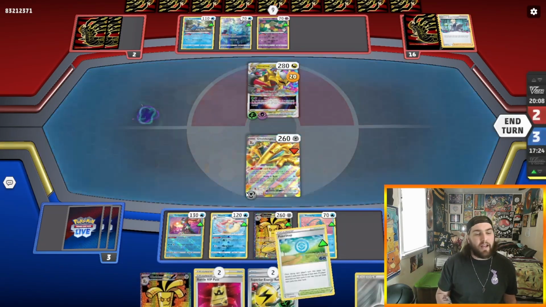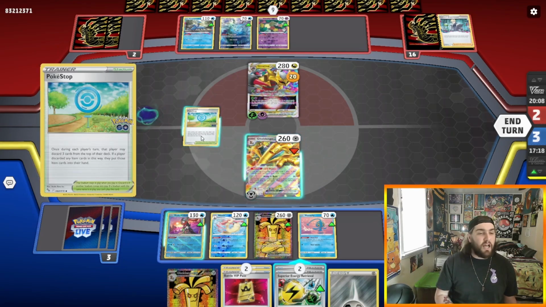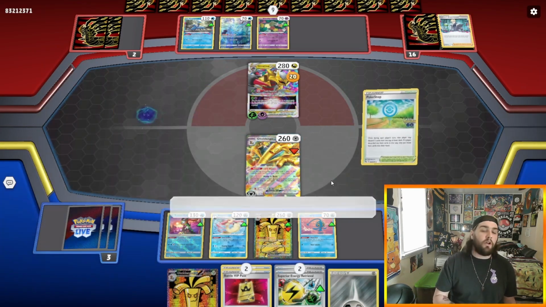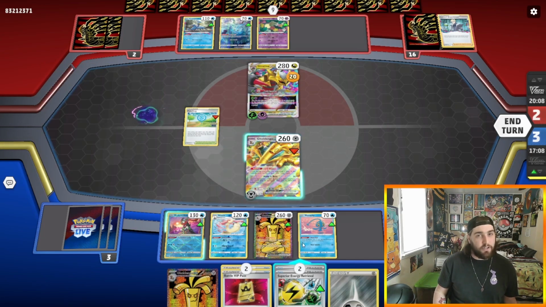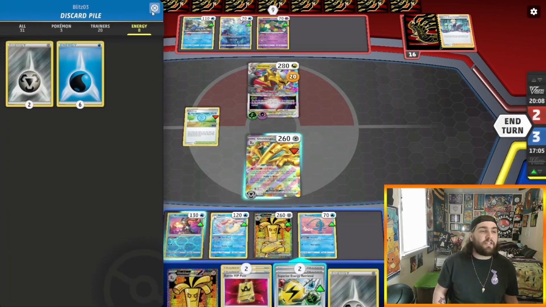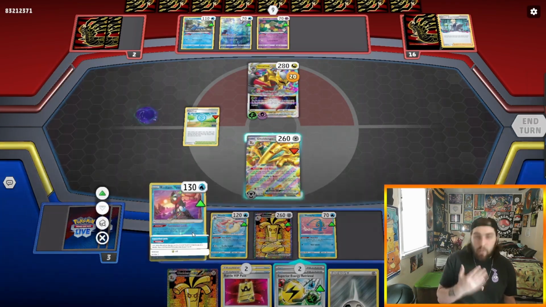They don't end up discarding anything, but not too big of a deal. We will be able to get a Pokéstop. We'll be able to conceal cards and stuff this turn. So I'm going to roll that Pokéstop, and we end up hitting 3 energies off of that Pokéstop, which isn't quite what we want to hit, but it can work out for us in a weird way, because I do